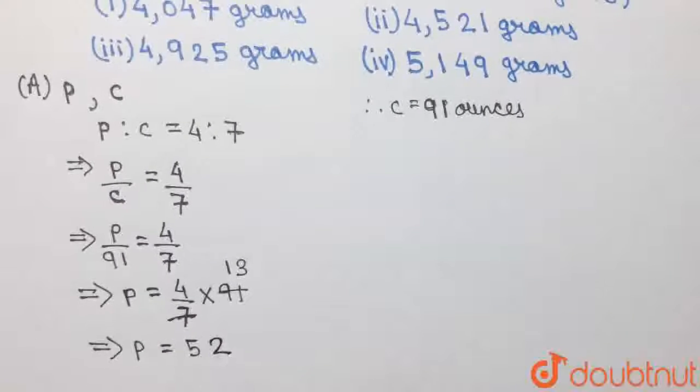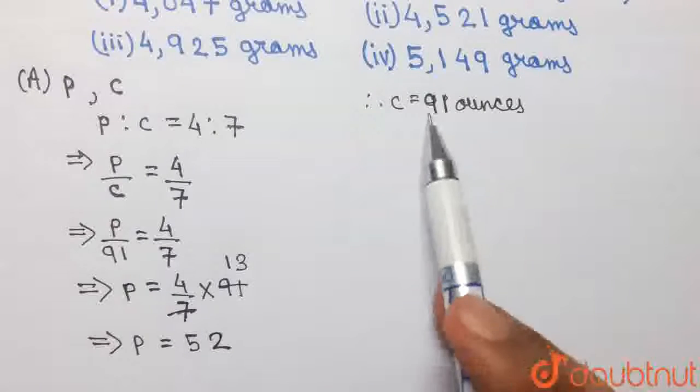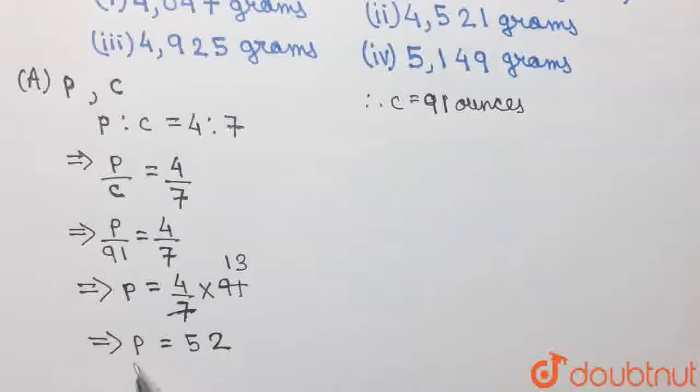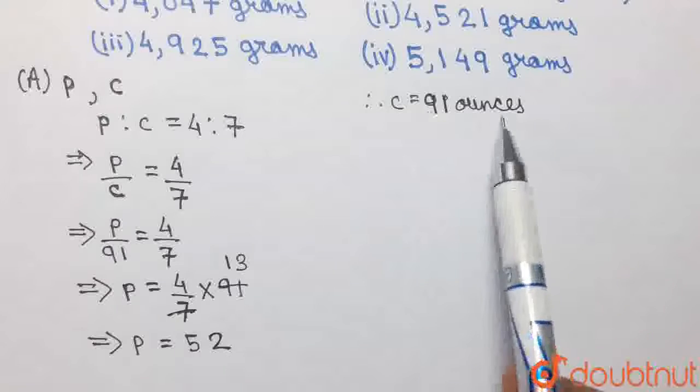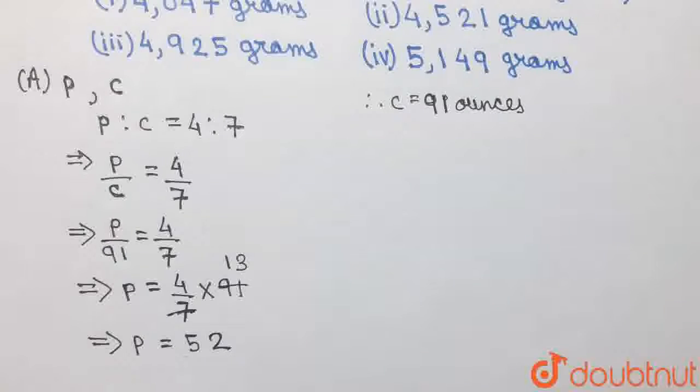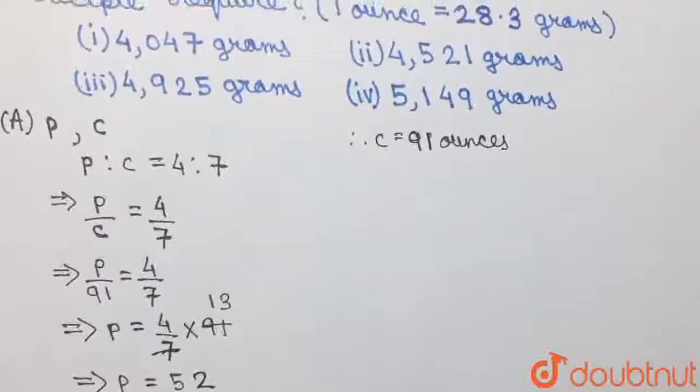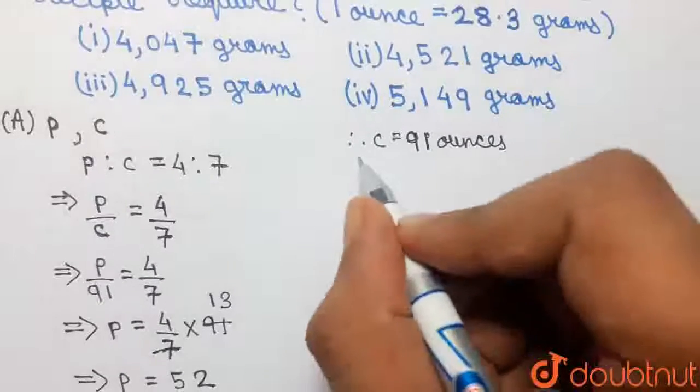Since we had substituted the value of C in ounces, the value of P, which is equal to 52, will have the unit ounces. Hence we can conclude that she used 91 ounces of chili powder and 52 ounces of paprika. So we can write that the value of P equal to